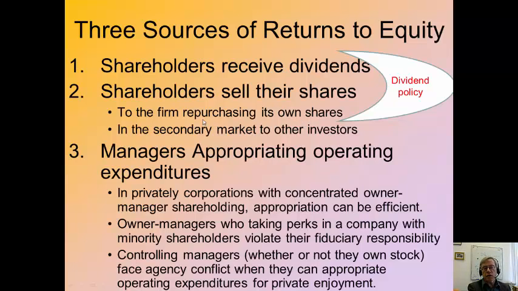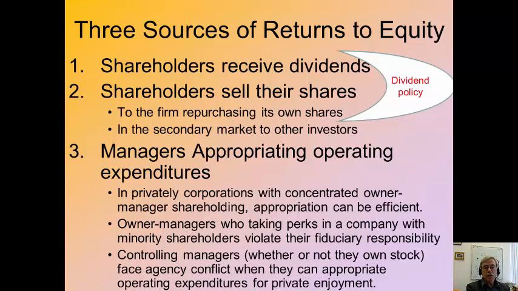Equity holders, of course, can sell their shares in the secondary market to other investors. And there's a third way of payout of returns to equity. Managers can appropriate operating expenditures. If we have a private company with concentrated owner-manager shareholding, then this kind of appropriation can be efficient. Particularly, it can be tax efficient,